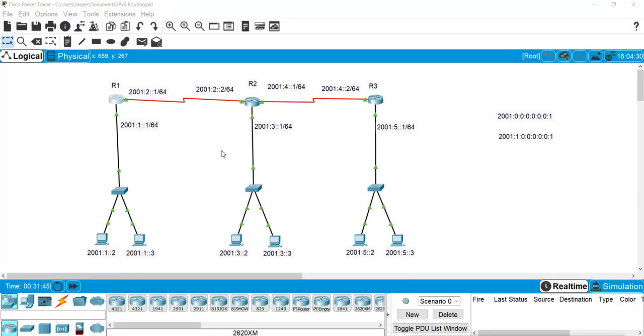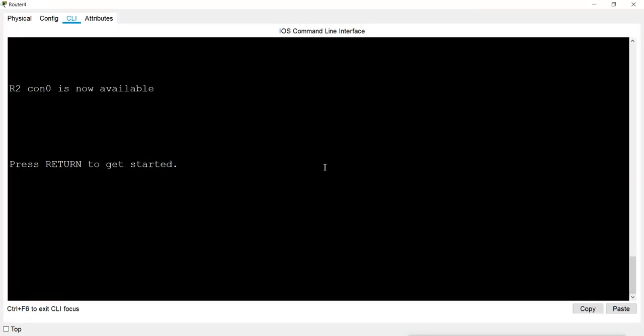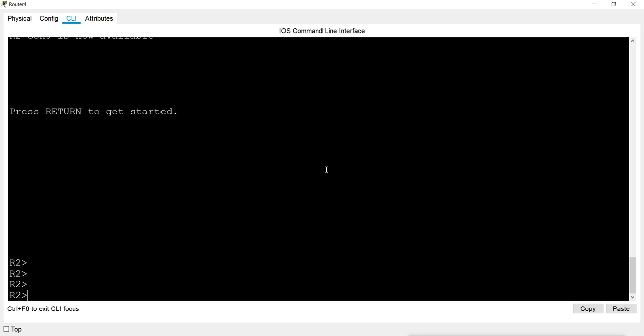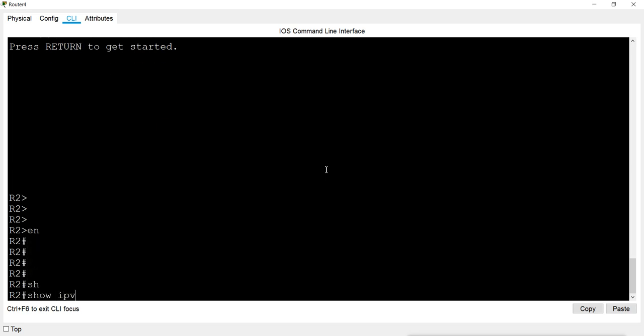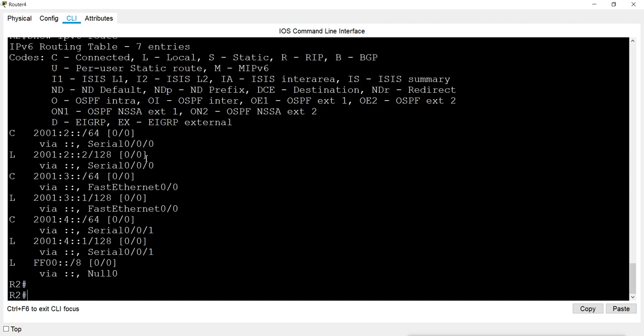So the next router is router 2. Show IPv6 route, and it only knows the connected networks.